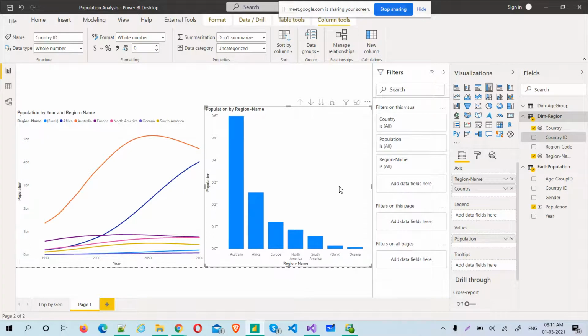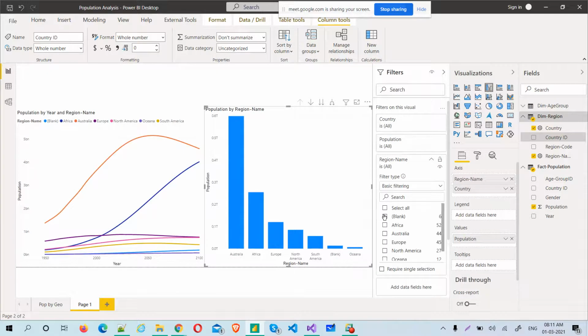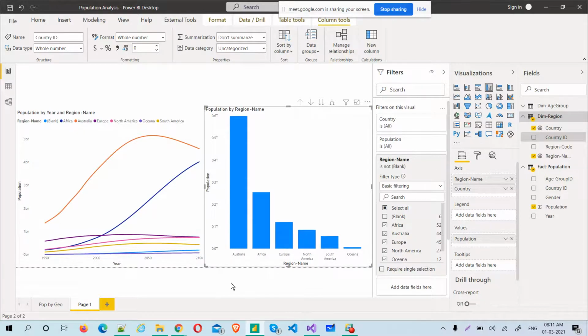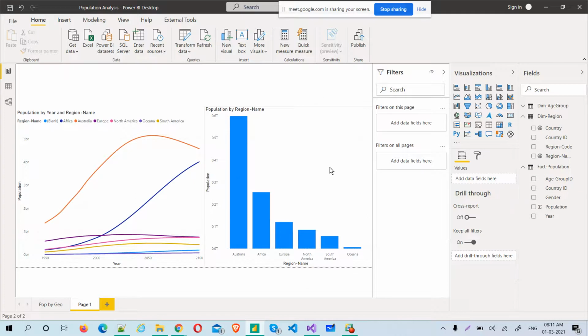I can remove this blank by just filtering the region. There is an option in the region: in all regions, select all regions, then select all and remove blank. So this will give us a quick fix basically. Showing blank in the visual is not a good practice, so just remove that. We can remove it in the source, we can remove it using DAX, any way is possible. But for now, I just quickly applied the visual level filter and that removed it. We'll talk about filters later, but for now you understand we can remove blank values based on the filters.